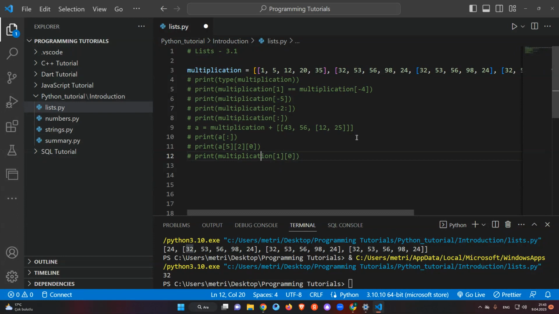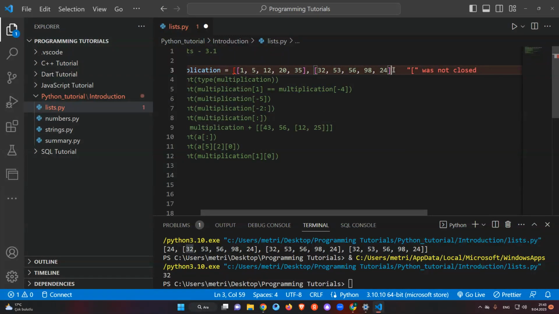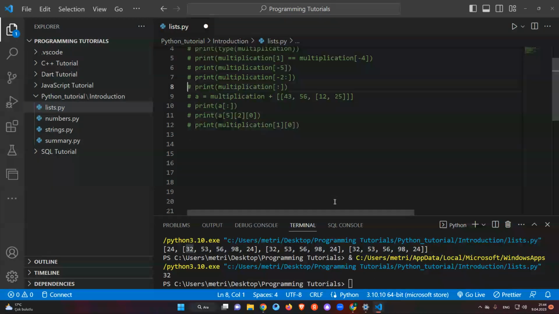What can we do more? We can also assign a new value into the list. For example, let's say we have in here multiplication, by the way. Let's delete this guys. Okay, like that. Right. Come back to here and put one more list. Okay. So what can we do? We can say, by the way, delete this one too. Yeah. Let's say I want to add there some value. For example,